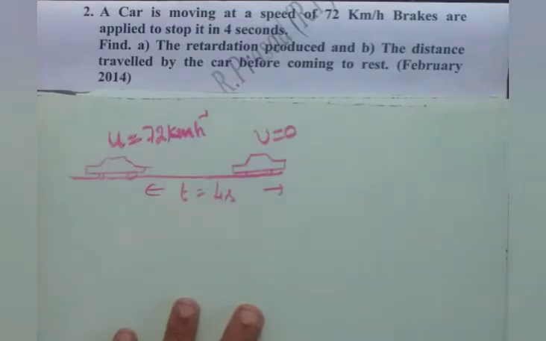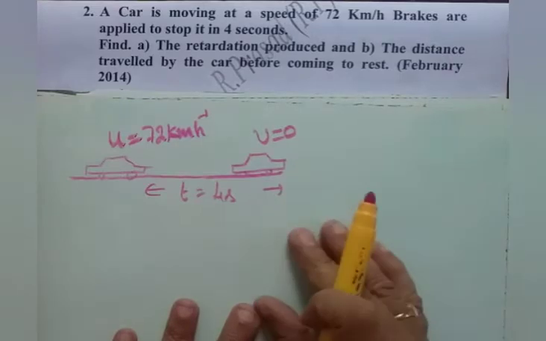After reading the first sentence of the problem, we got this idea. Just imagine in your mind. If you want, you can close your eyes and think of that. A car is moving at a speed of 72 kilometers per hour. You are beside the driver and you are looking at the speedometer of the car, and it shows 72 kilometers per hour at the moment when brake is applied. And it comes to rest. Once the brake is applied, you start the stopwatch, and once it stops, you note down the time, it shows 4 seconds. So to stop, 4 seconds are taken. And what is the velocity or speed when it is stopped? It is 0. So V is 0.